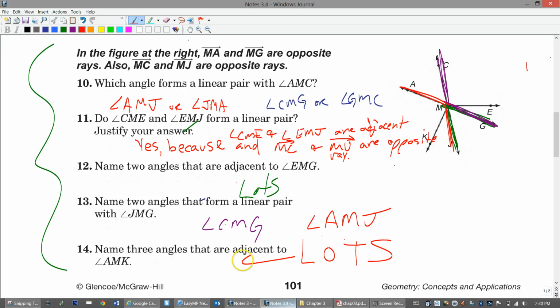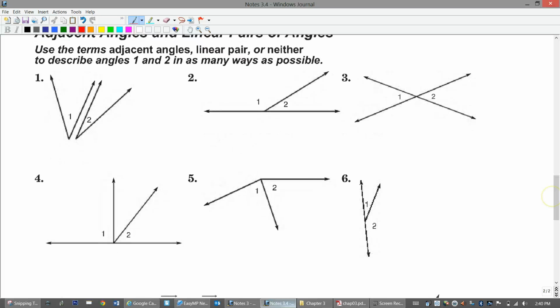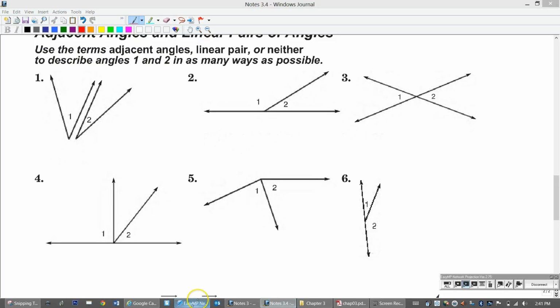Number 14, my answer is just lots of them. It's the same kind of way as 12. It's just a whole lot of stuff. Okay, what I want you to do right now, before you leave, is answer these 6 questions right now. Just refresh your memory on which one is linear pair, adjacent, or neither. I'll show you the answer. Before I show you the answers,